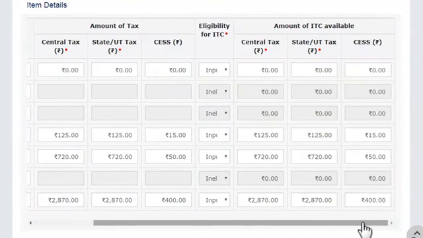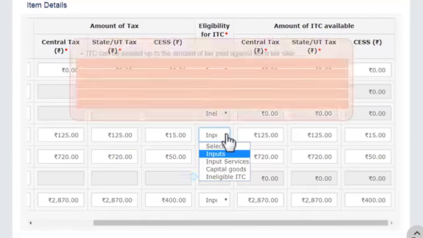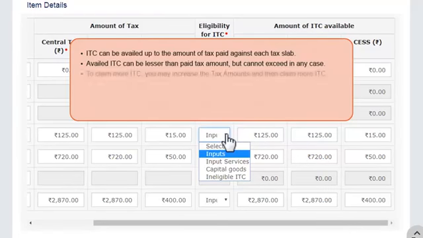You may select the ITC eligibility criteria as either inputs, input services, capital goods, or you may want to choose not to avail ITC in certain cases by selecting ineligible ITC. ITC can be availed up to the amount of tax paid against each tax slab. You can enter ITC which is lesser than the paid tax amount, but it cannot exceed the tax paid amount in any case. To claim more ITC, you will need to increase the tax amounts and then claim more ITC